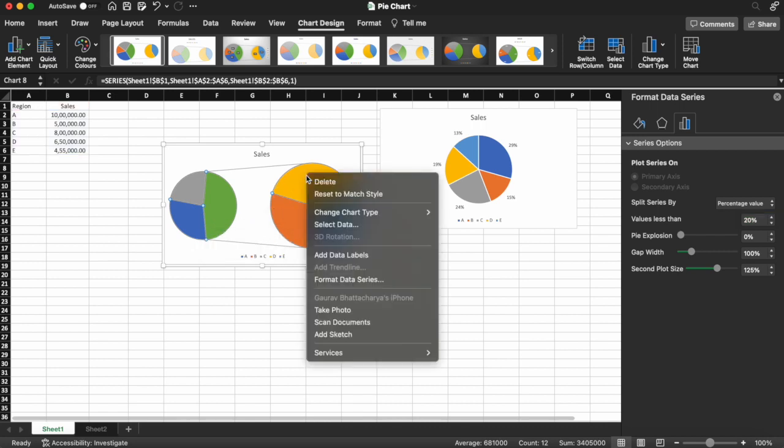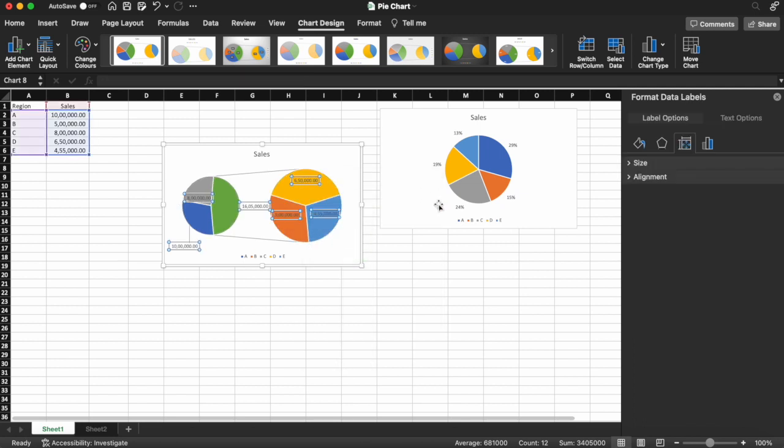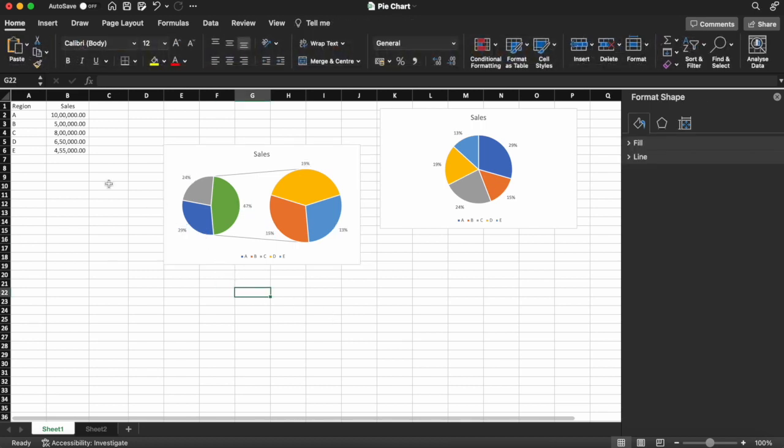You can then add data labels to it, and like we did for the previous pie chart, we can go to the options and select show percentages instead of the numbers, and you can also show it as outside end. So what this pie chart is showing, that out of this total value or table,